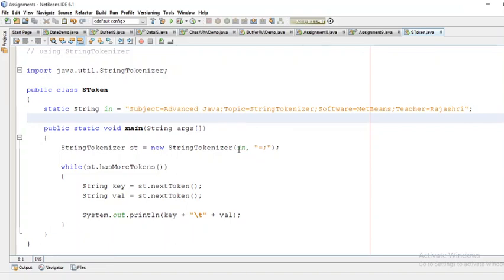Here I am using the second constructor: the first argument is the string in which we are finding the tokens, and the second string is where we specify the delimiters. So in double quotation I am specifying equal and semicolon. That means both of these characters are considered as delimiters to separate out the tokens.